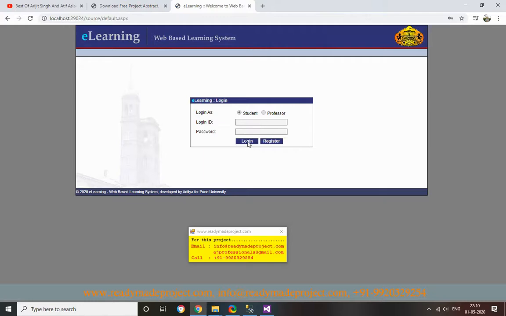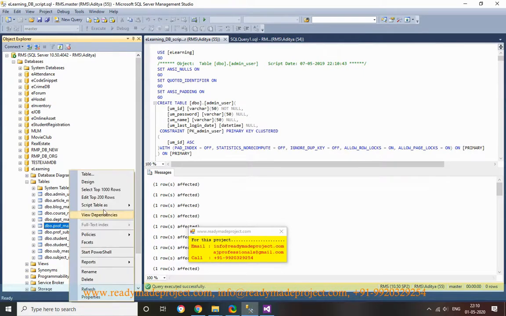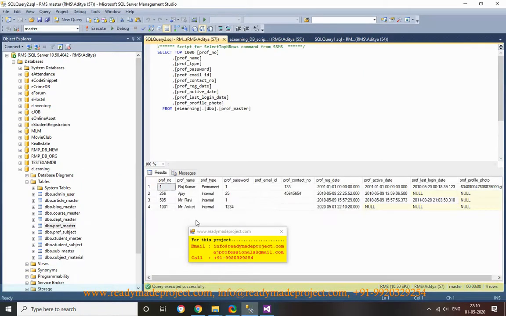This data will come here. If you check professor master, you will see Mr. Omega, whom I have created right now, but it is not activated yet. In the same way I'll add one student.